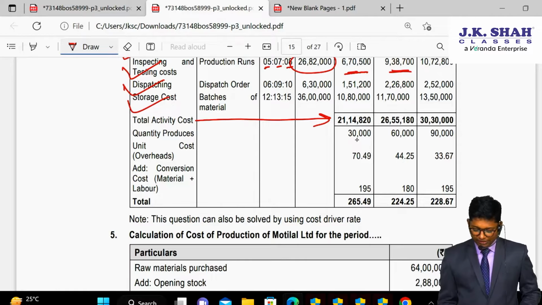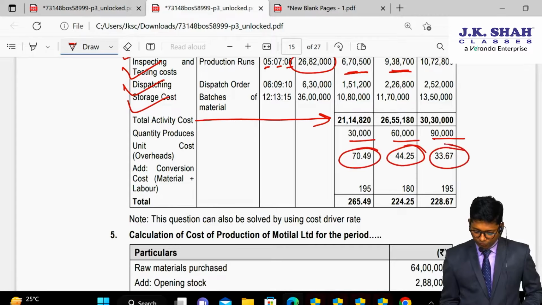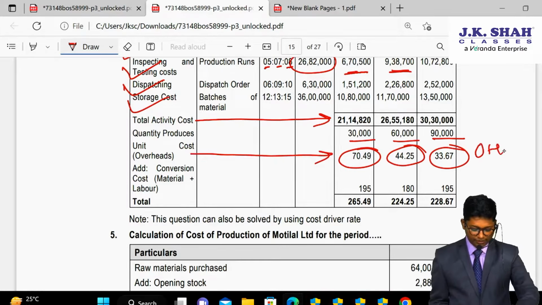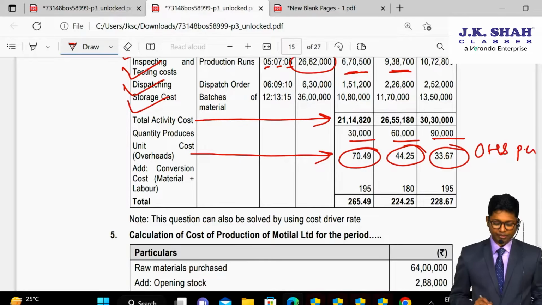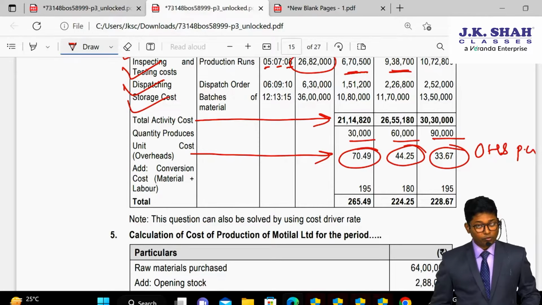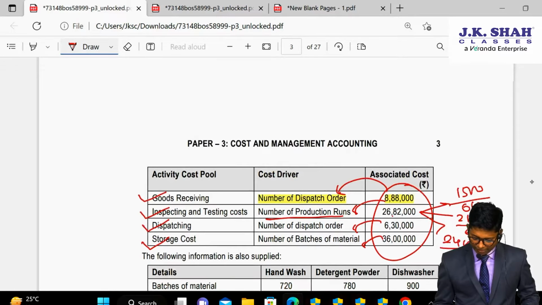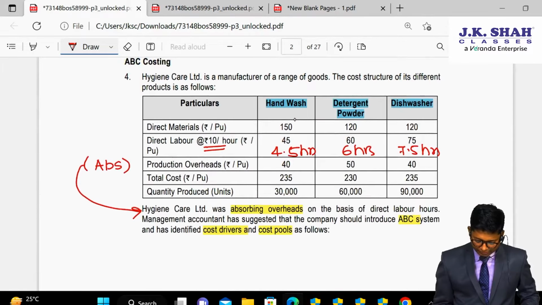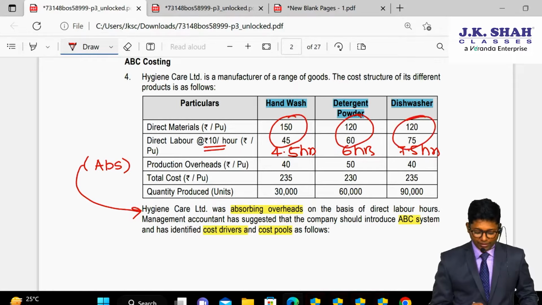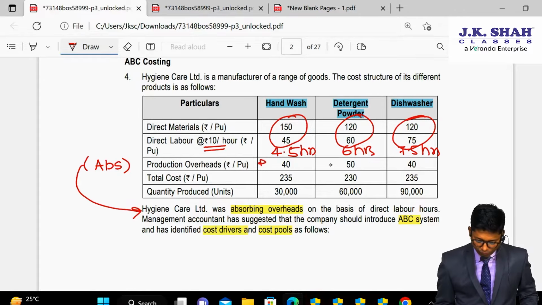Total cost they divided by quantities, and after dividing it by quantities they have computed the total overhead according to the number of units. So this is your overhead, but this is overhead per unit. Now in this overhead cost per unit, understand they have simply added material and labor. Sir, from where did they take this 195, 180 and 195? From here they have calculated that. If you check this here, 195, 180 and 195, and in addition to that they have added overhead,